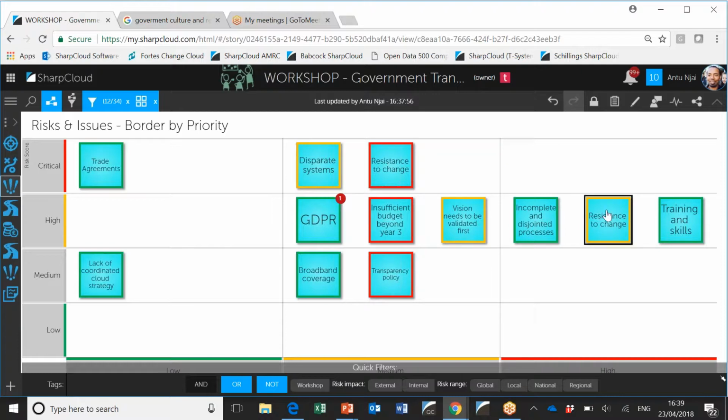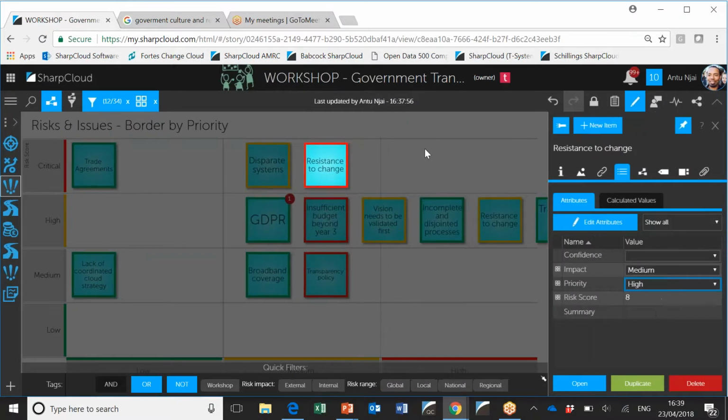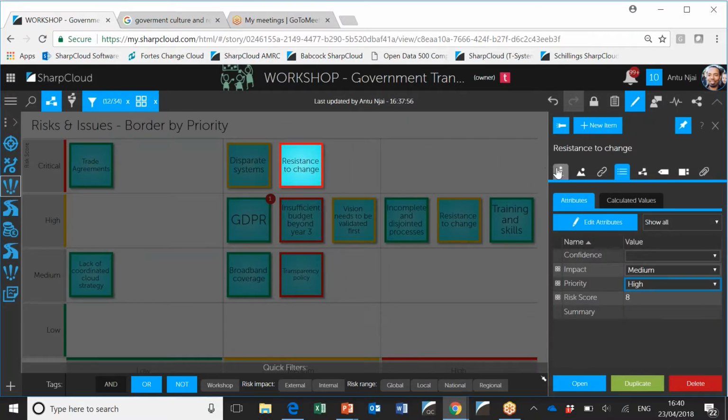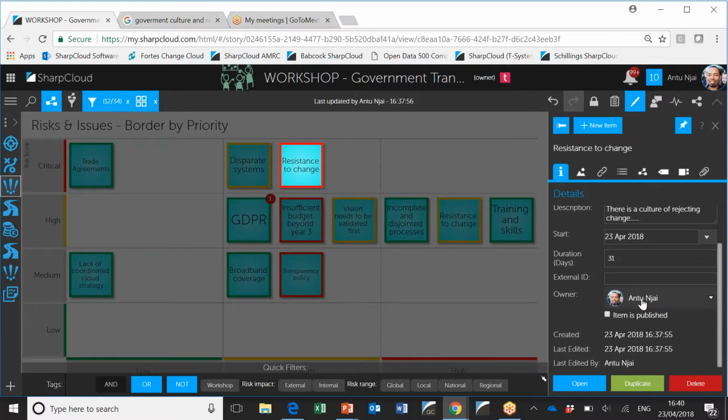You'd maybe look at who submitted them, depending on whether you've allowed anonymous contributions. Because if you've allowed anonymous contributions, what you may want on your form is an attribute called name, and you may want to say, please give us your name or your table number of whoever submitted this idea, just so that you can go back to them when the idea is on screen and say, okay, that came from table 4, what were you thinking? Obviously, if it's come from someone who's got a SharpCloud account, it will be stamped as being owned by them, and so you would always have the ability to look at the item and over here in the panel, see who the owner is, because that's who's contributed that idea.